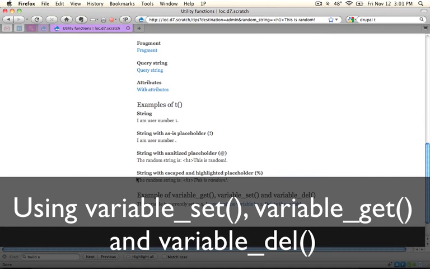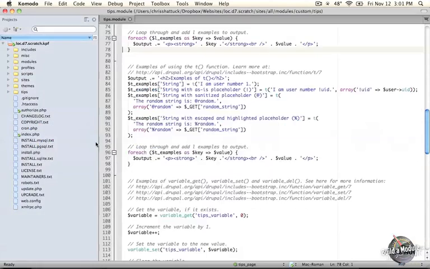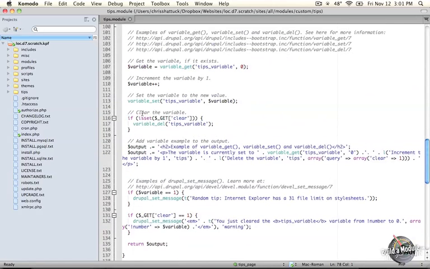Okay, I have one more set of functions to go over before we take a look at some potential Drupal editors. Okay, I'm going to scroll down here. So in this section, we're going to talk about variable_get, variable_set, and variable_del, which is short for